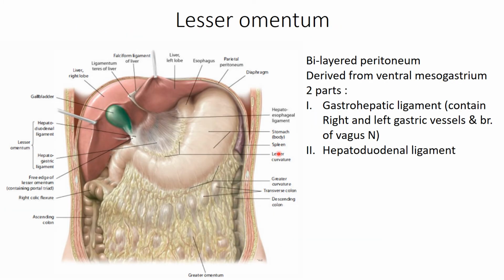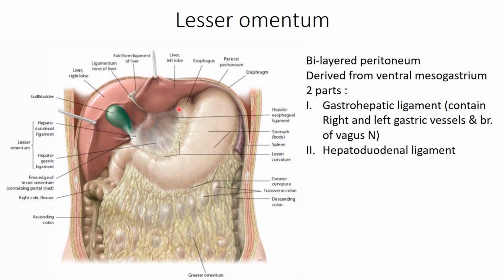Now the lesser omentum, as we have already discussed, is a derivative of the ventral mesogastrium, and it runs between the visceral surface of the liver and the abdominal part of the esophagus, the stomach up to its pyloric end, and the first part of the duodenum. Now the attachment to the visceral surface of the liver is L-shaped, in which the vertical limb is formed by the fissure for the ligamentum venosum and the horizontal limb runs horizontally and is completed at the porta hepatis. So refer to the previous slide regarding the ligaments of the liver.